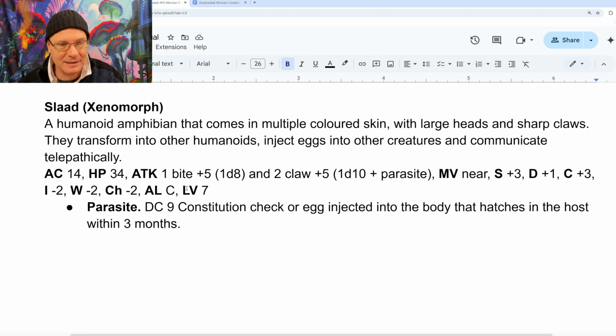AD&D, and it says it's got 7 hit dice. So I put down level 7. That's why I've marked down level 7. Okay, now